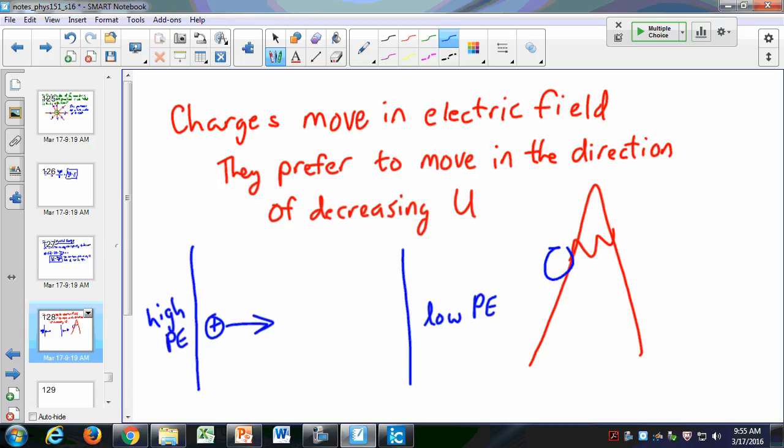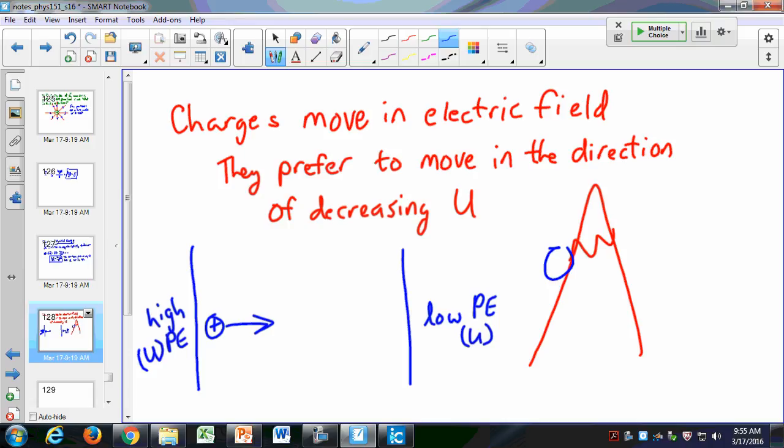Sorry, I should use this term, U, is what your book uses, but I'm using it in the same way as PE. Okay? Again, that'll be important because when we get into the cell, we'll talk about how charges, anions and cations, will move from an area of high energy to lower energy